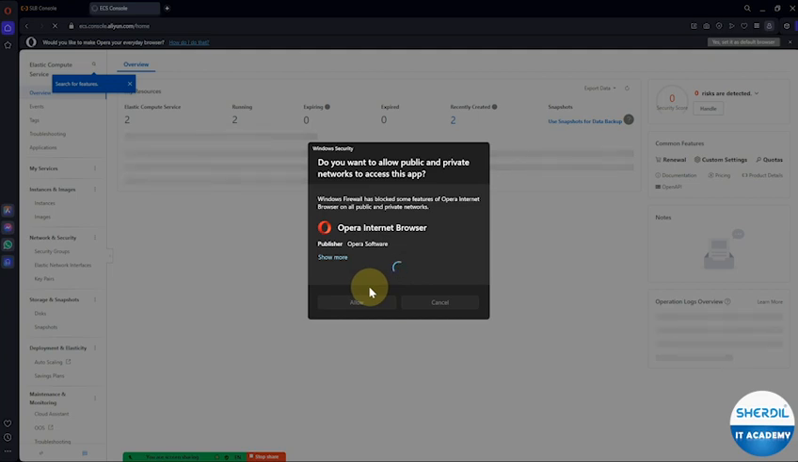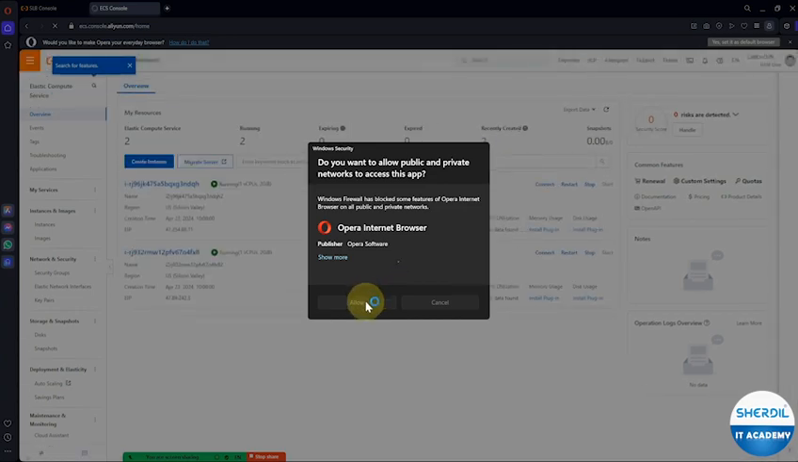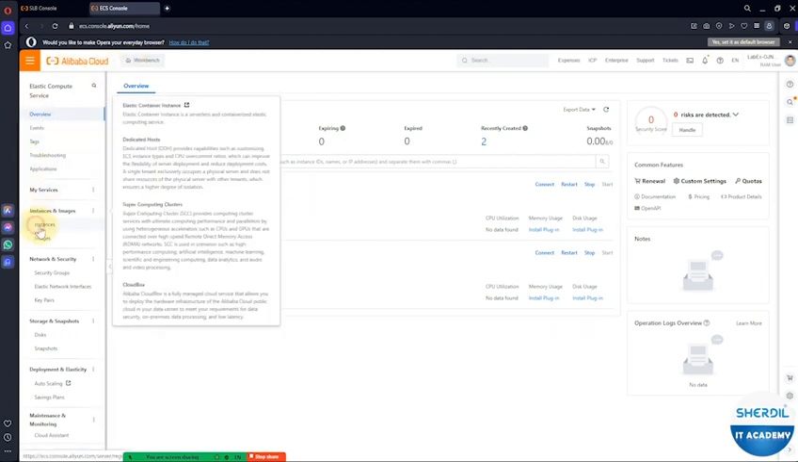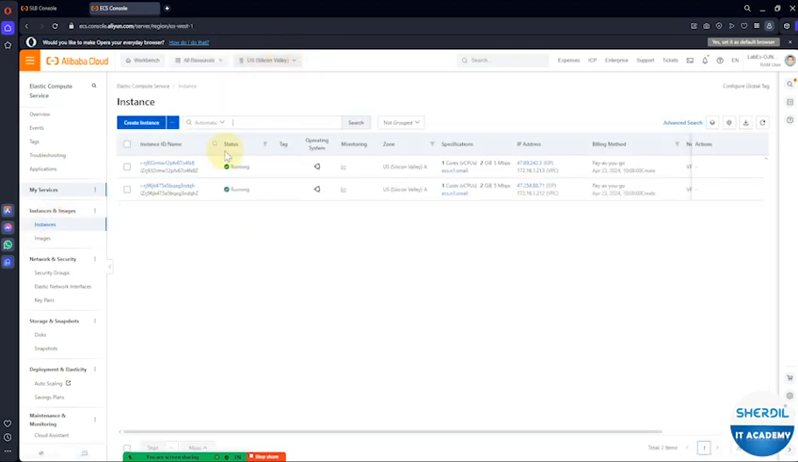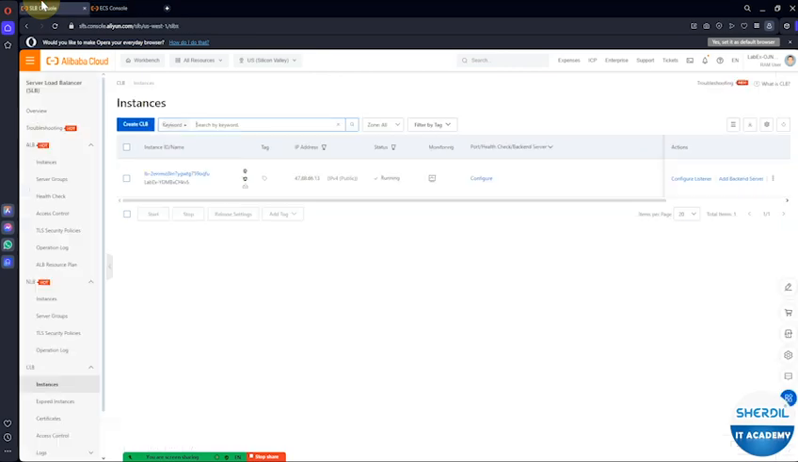Okay, now you can see we have two machines running on the ECS, Elastic Compute Service. If I go to the instance type, in the US Silicon Valley, we have two machines, and both machines are Ubuntu Linux based. It's already created and the server load balancer created, but if I use this Elastic IP, which is the server 1 IP, and if I try to open here,